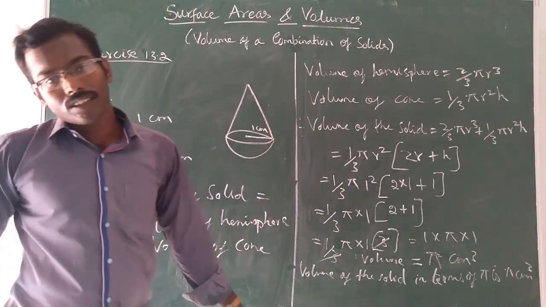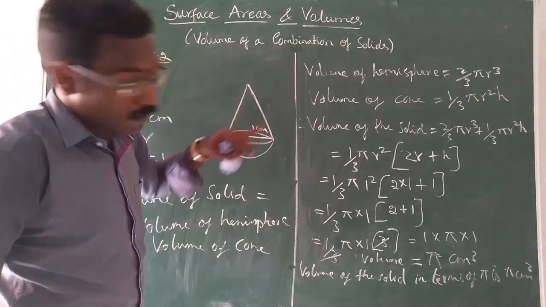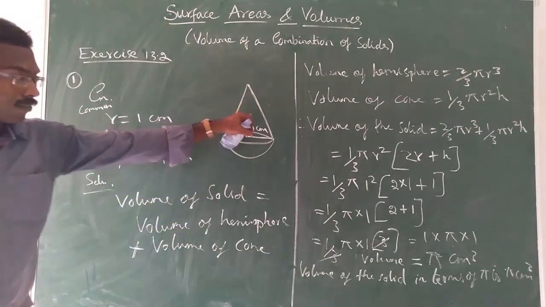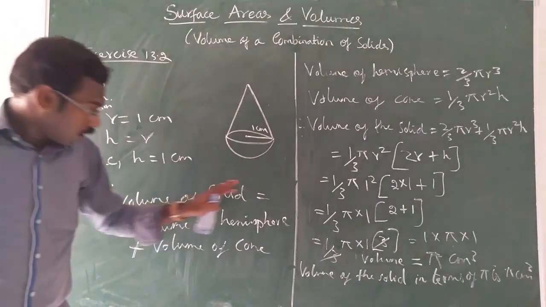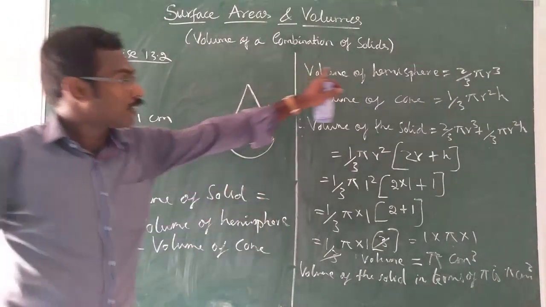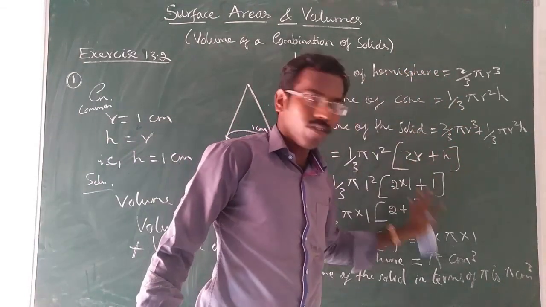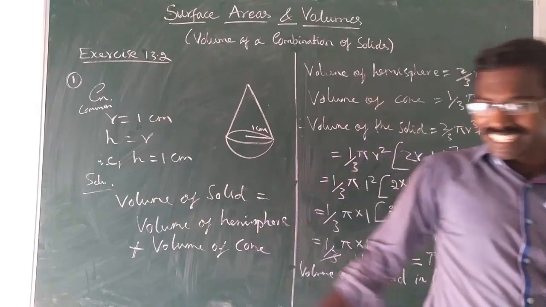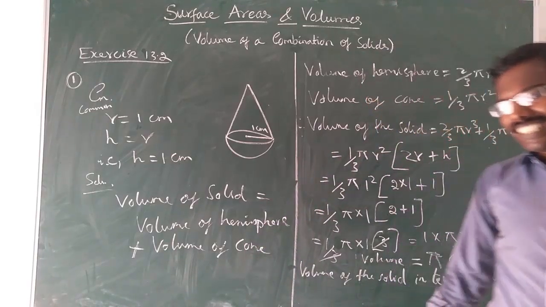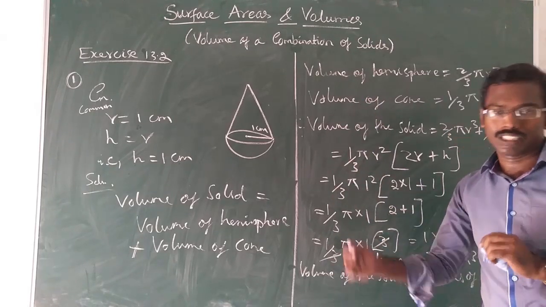Understood? That's all. So first we have to draw the rough diagram. That will be better. Draw the rough diagram of the solid. Then take the given data. Then the required formula, the volume formula. Then apply the values in the formula. That's all. You will get the answer. It's very easy, isn't it? I already told you volume is easier than surface area. Okay, so please copy it down. We'll do some more sums.